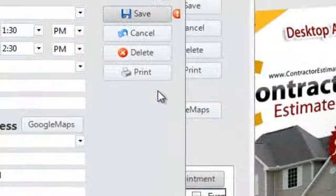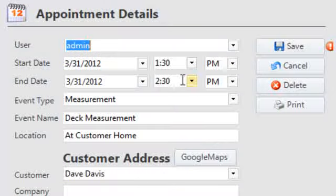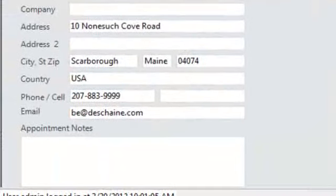Valid choice user. Okay, we've got to put the user in here. It'll definitely check on everything. When you put a user in, it'll help you. It'll guide you through everything. So hit the save button and field description. So let's go into field description and see what we have for the appointment down below. So we're going to measure